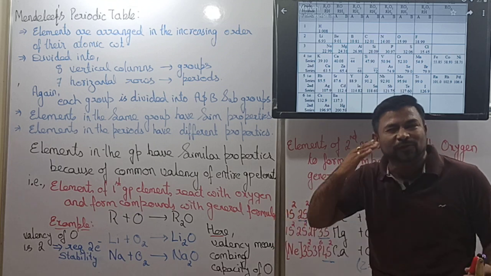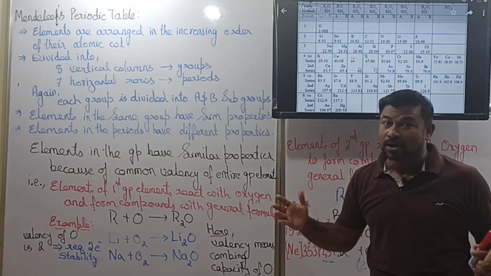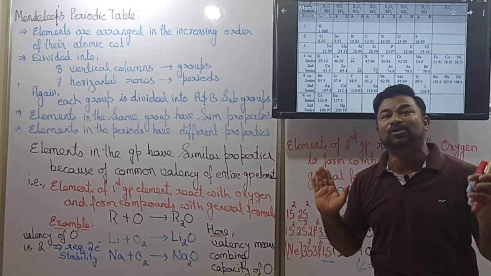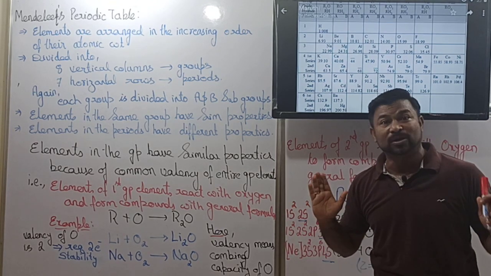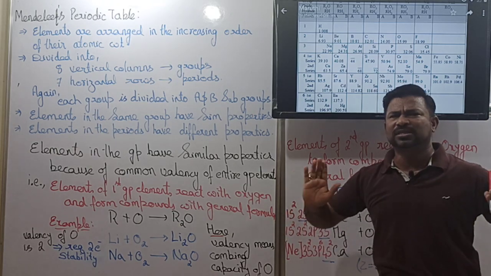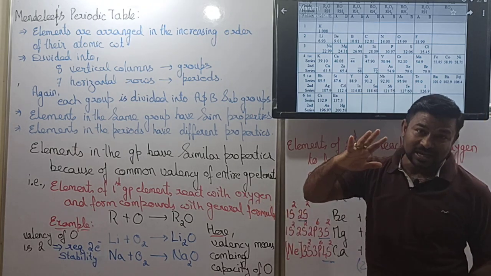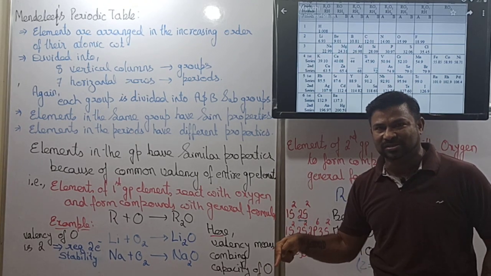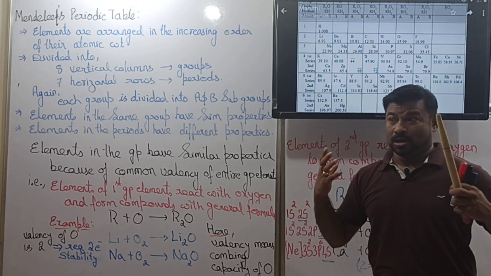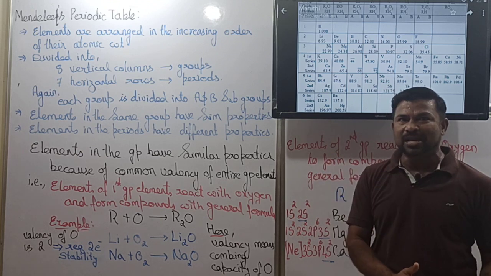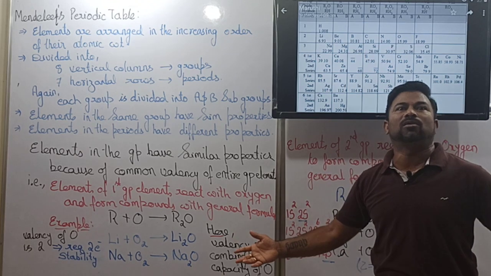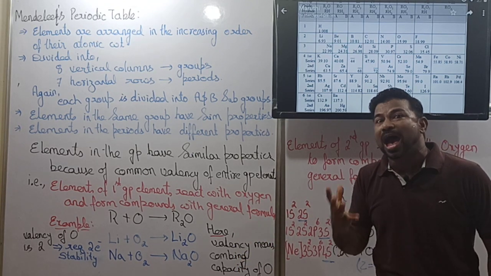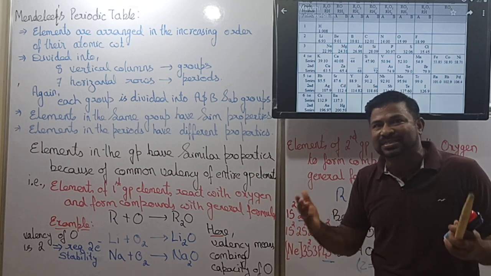Generally we are talking in terms of atomic number. Mendeleev didn't talk about atomic number. He was just talking about only atomic mass or atomic weight, right? He said oxygen has a common valency. At that time, valency meant combining capacity, especially in terms of oxygen. Combining capacity of any element with oxygen was called valency at that time. But now, to make you familiar, I am clearly telling you what might be the exact reason.